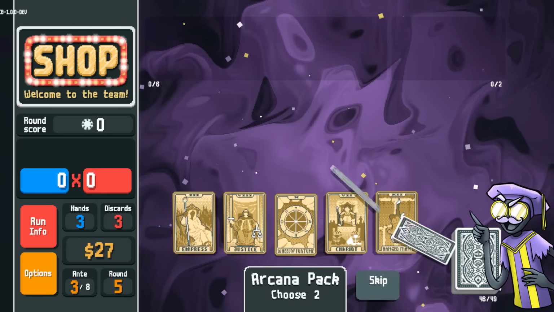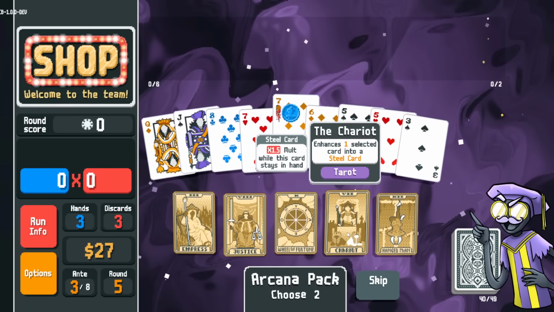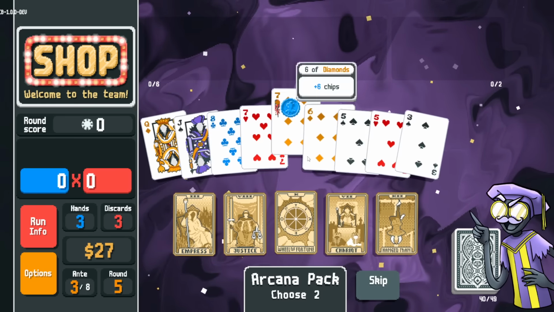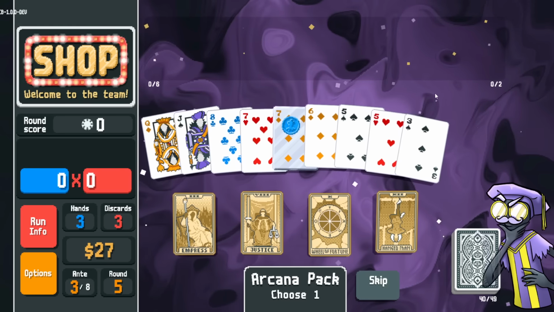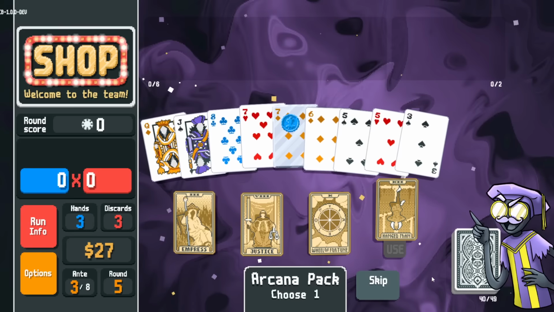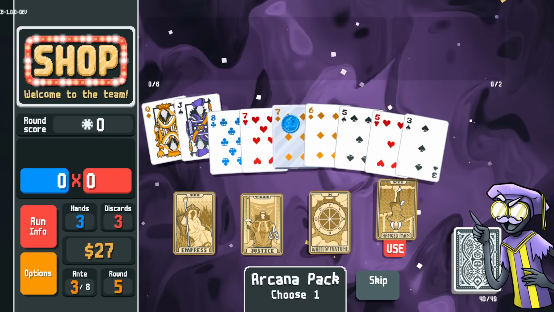Looking for a Fool. Fool, I can copy Death. If I don't get Death, I could... Steel cards also help against the boss. So choice between Steel or Glass. I definitely want Steel. This 7, we have Death now. Then we get the Hanged Man as well. Yeah, I think now, rather than make a glass card, I'm going to remove the Queen and the Jack,